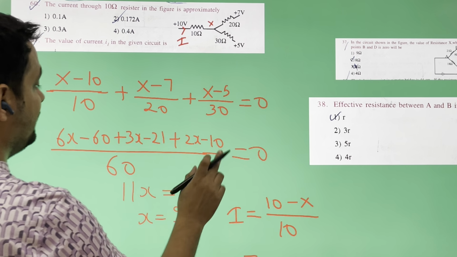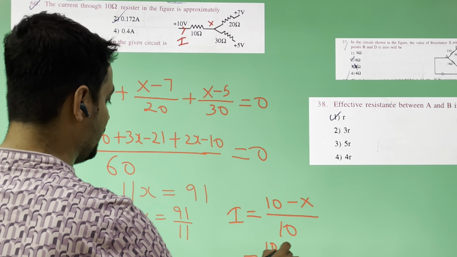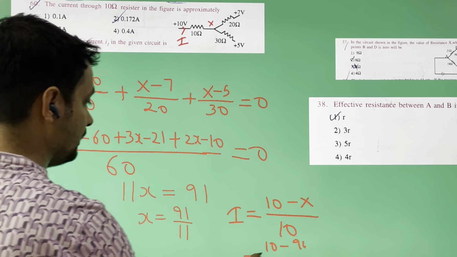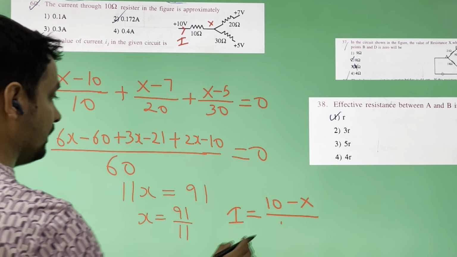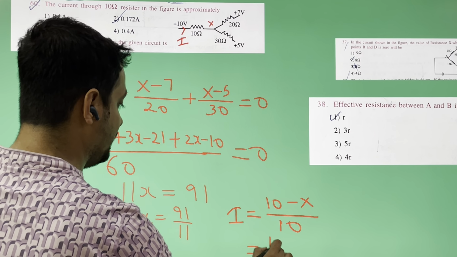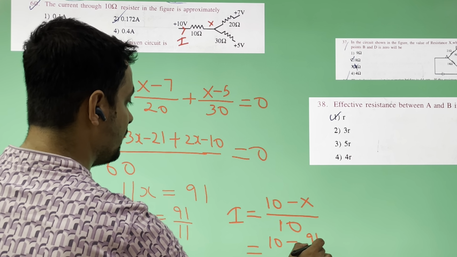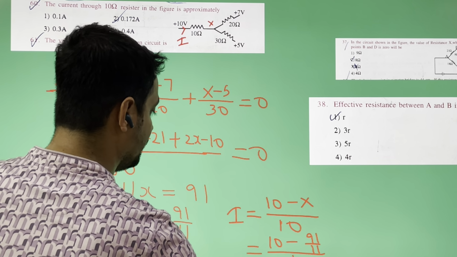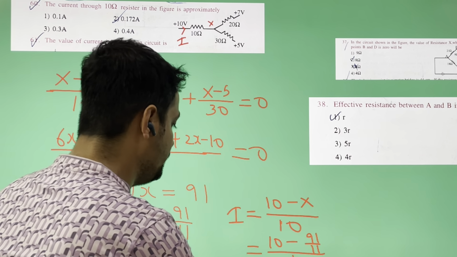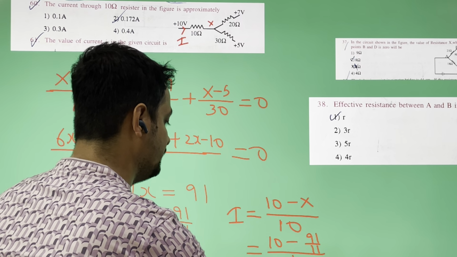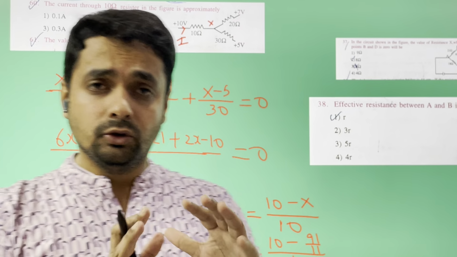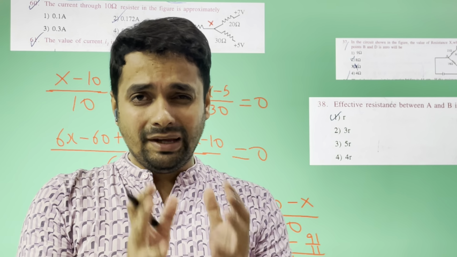You can write 10 minus x value, 10 minus 91 by 11. The x value will be put here. Finally 10 minus 91 by 11 divided by 10. When you solve, you will get the answer. So the answer will be almost 0.172 ampere. So I think I have discussed the types of problems in electric circuits. So I think after this video, you have a basic idea about how